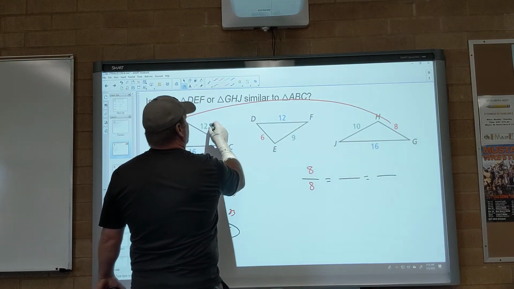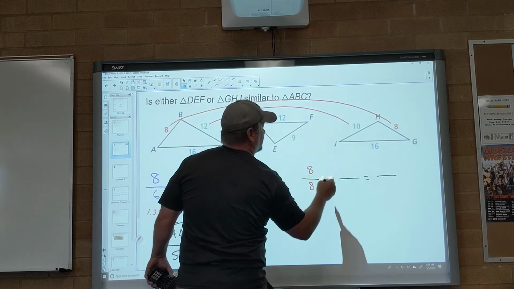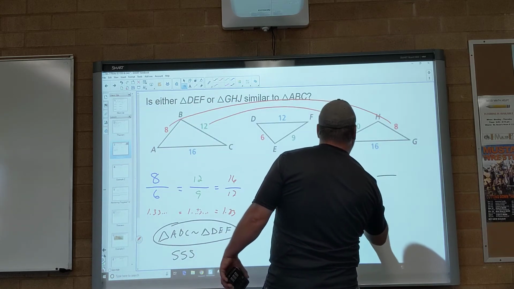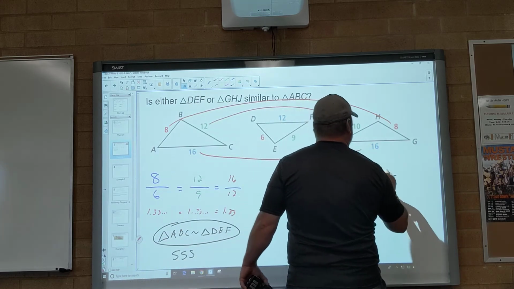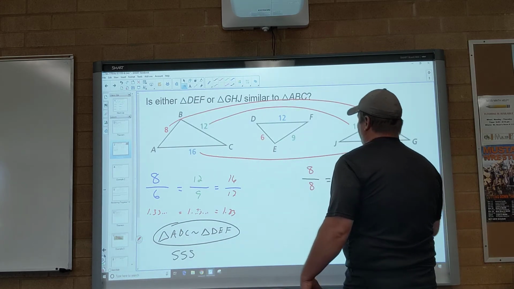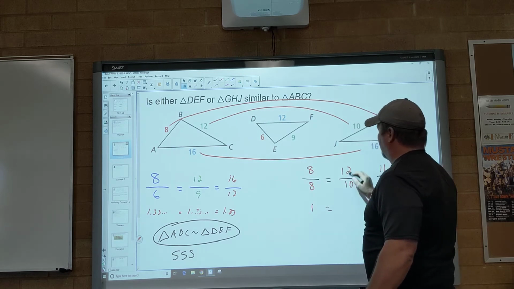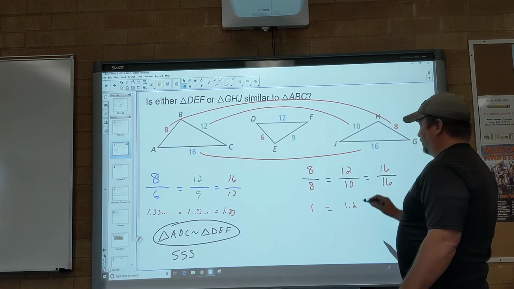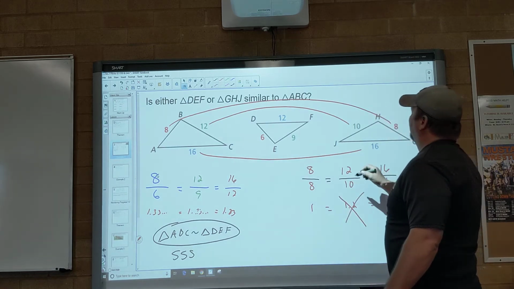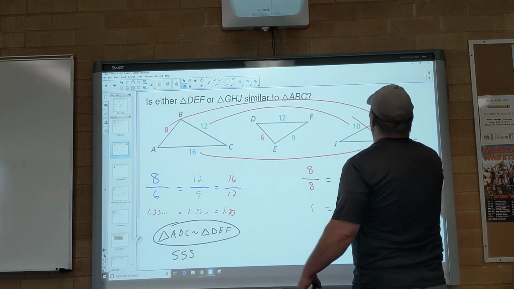12 is the medium. 10 is the medium. So I'm going 12 over 10. And I already know that doesn't work, but we'll do it anyway. And then 16 and 16. Okay. This one will work, it's 1. This one's bigger than 1. This one's 1. Did not work. Therefore, this one is not